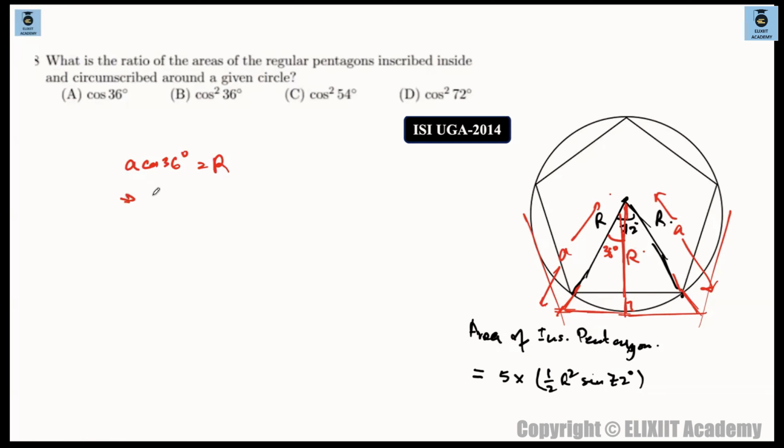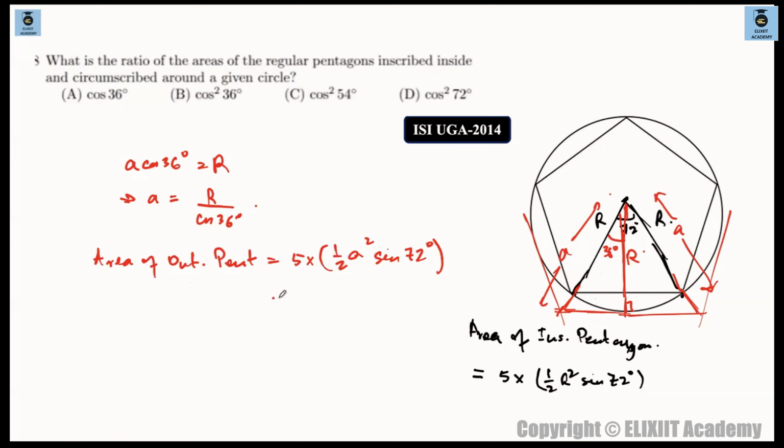अच्छा, a cos 36 is r, तो a is how much, a will be r by cos 36, ठीक है। तो now we can find the area of this triangle, bigger triangle माने red वाला triangle, and then simply multiply by 5. तो area of outermost pentagon will be 5 into, वही फिर half BC sine है, तो half, अभी half a square sine of 72 degrees, sine of angle at the center which is 72, so 5/2 times a square. मालूम है, a square is r square divided by cos 36, माने cos square 36 into sin of 72 degrees, ठीक है।